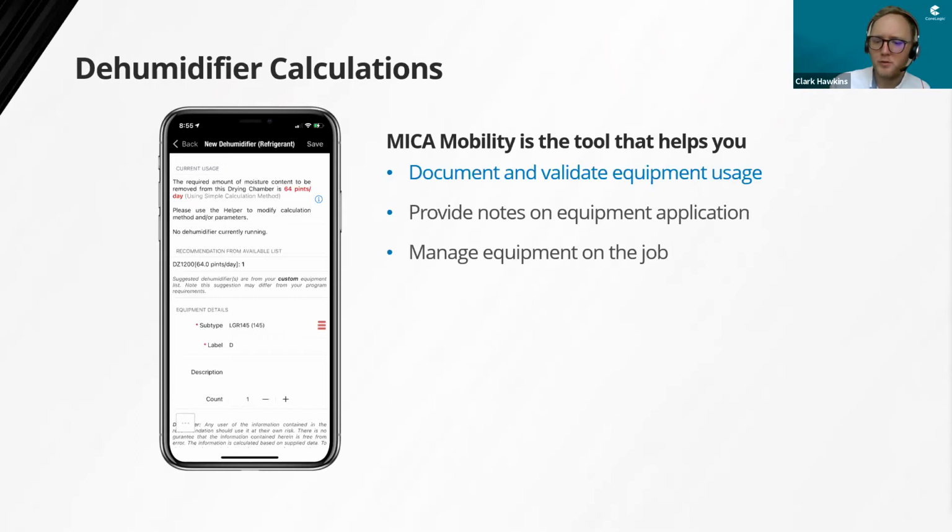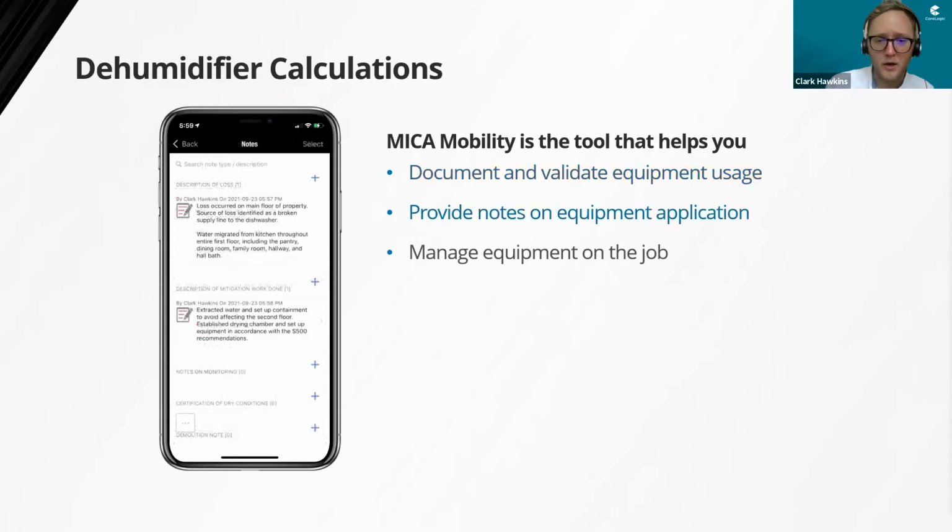So a digital platform is giving your technicians that repeatable platform so that it's eliminating the guesswork. And if there is any guesswork or questions, they can document, well, this is my working theory on the conditions of this loss. And so here's my hypothesis of how best to dry this structure. It's supported by my digital application. But if it doesn't work, I can provide notes on potential complications that arose, and manage my equipment